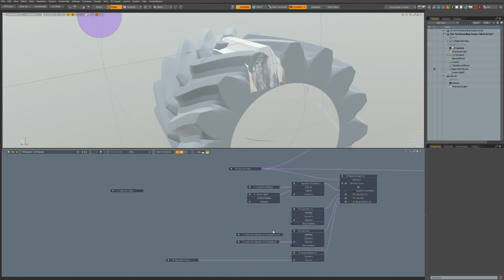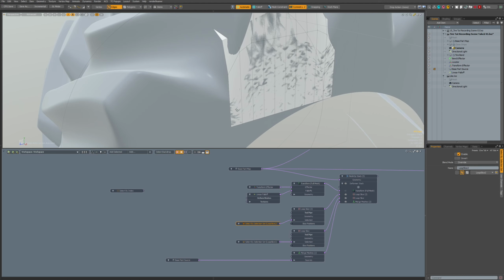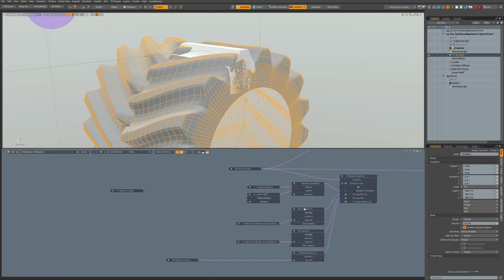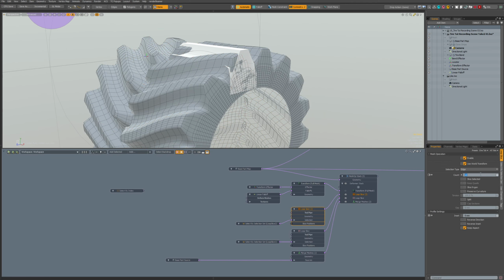Oh yes, it duplicated. Loop slice 2, okay. We now have geometry also there, which will be useful at some point, I think.